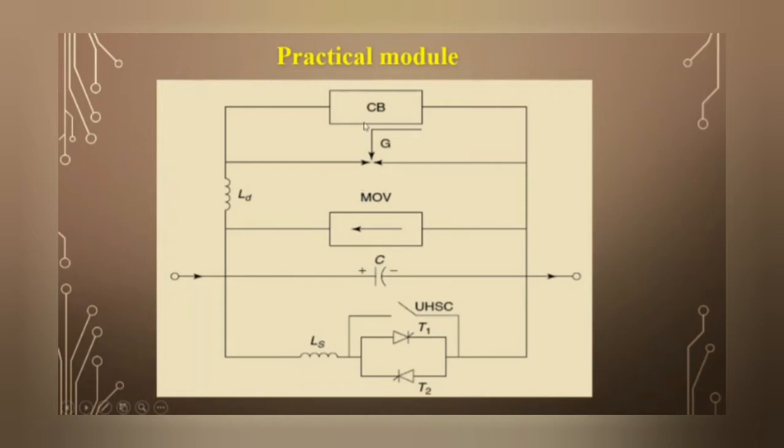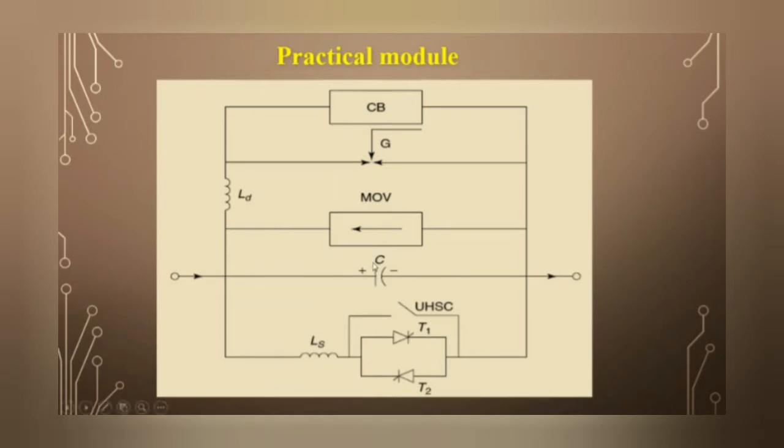The next one is the circuit breaker. It bypasses the capacitor if severe fault or equipment malfunction events occur. Next is the LD. It is a current limiting inductor. It is incorporated in the circuit to restrict both the magnitude and frequency of the capacitor current during the capacitor